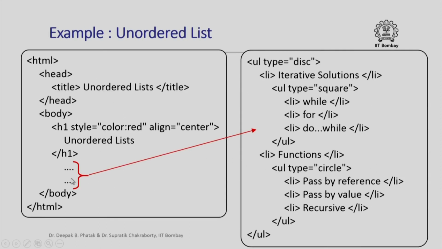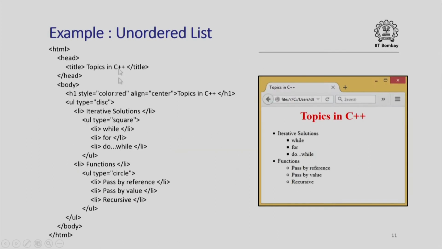This is including this unordered list into a larger specification of the document which says something like unordered list, style is, color is red, you want it aligned, centered, etc. When you write a HTML page like this is the page and this is how it will look like. So topics in C++ comes as a header and the unordered list comes in this fashion. Once again I will say, if I want to add or remove any element on this list, I do not have to edit the whole page. I simply go to the respective list part and either add a list item or remove a list item.